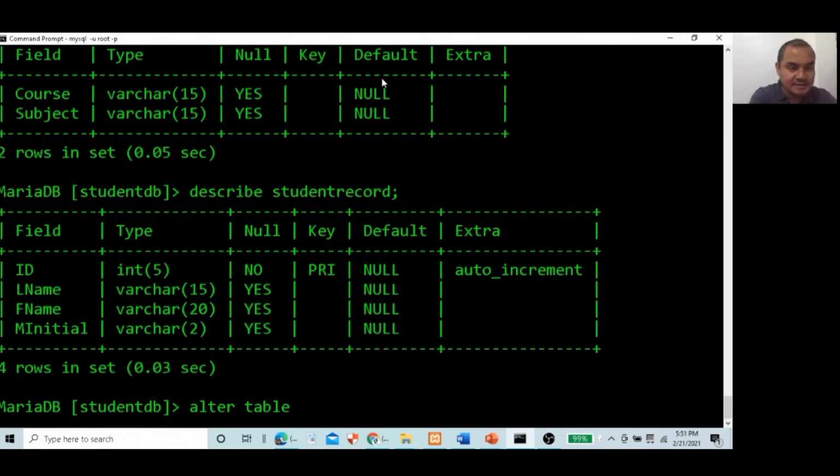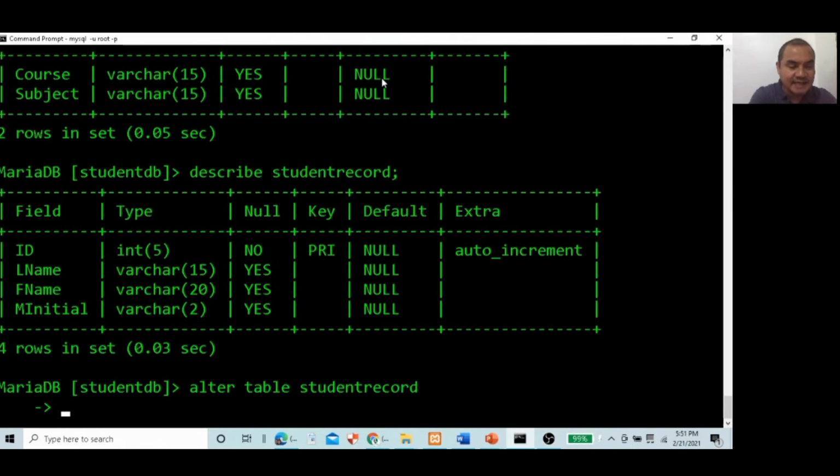Let us try the student record. So alter table student record, we're going to rename that, then press enter without semicolon, and now type